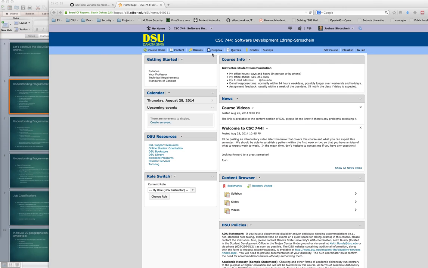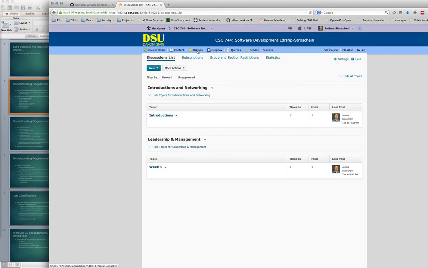Inside, you'll see, and we discussed this in the last lecture, the discussion section. I highly encourage you at this point to go in there, make an introduction, and then participate in the first week's conversation or topic. I will better define the relation the discussion will play with the course and probably assign some points to it as part of our overall grade, so simply the participation. I'll post that in D2L, and it'll be something we'll need to look at moving forward for sure.